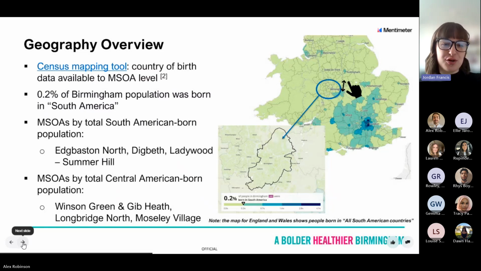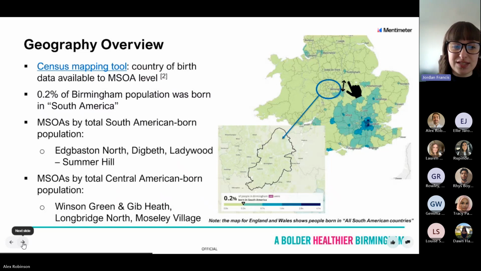So although it shows that 0.2% of people in Birmingham were born in South America, it doesn't show that population distribution, even though that data is available. And we can download that data for the top MSOAs by South American and Central American born populations. For those that aren't familiar with the acronym, MSOA stands for Middle Super Output Area and refers to a neighbourhood of around 3,000 to 6,000 people, and gives us a little more insight into where the communities live